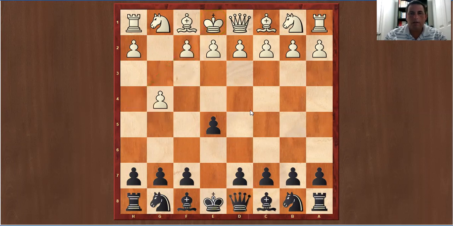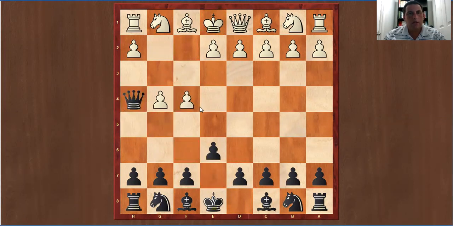e6 can also be played. Instead of e5, you can play e6. And if white plays f3 or f4, once again, we have checkmate. So this is the fastest checkmate in chess. Only 2 moves. And this is one of the reasons why you should not move your f pawn in the opening until you gain